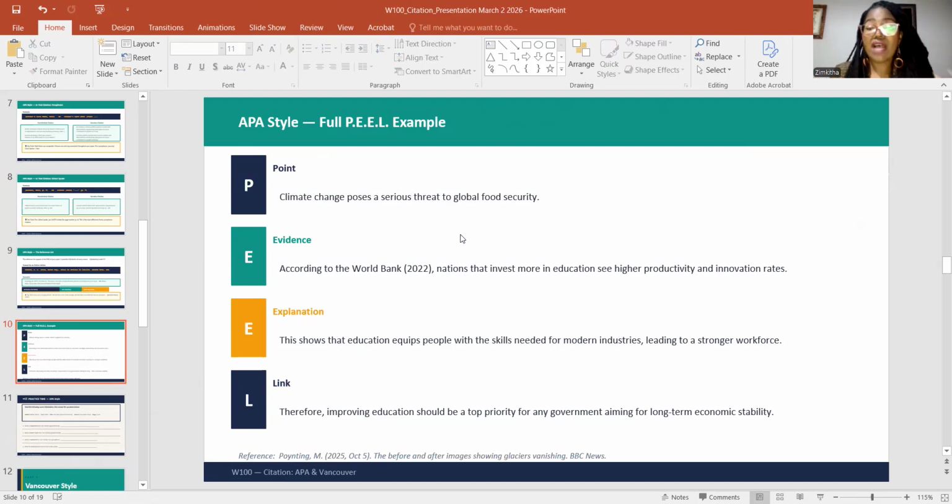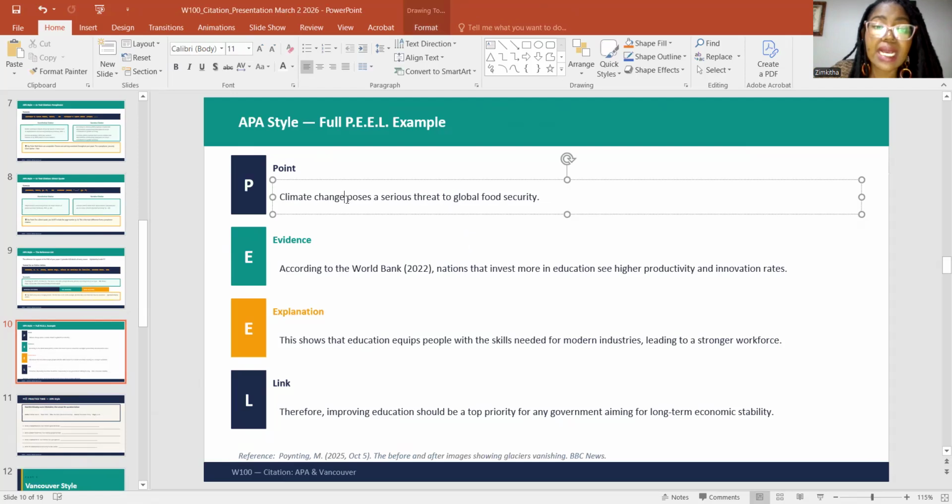This is a small paragraph. You start off with a point. Climate change poses a serious threat to global food security. So what is the main idea? Climate change. That is the topic. What about that topic? It is a serious threat to global food security.